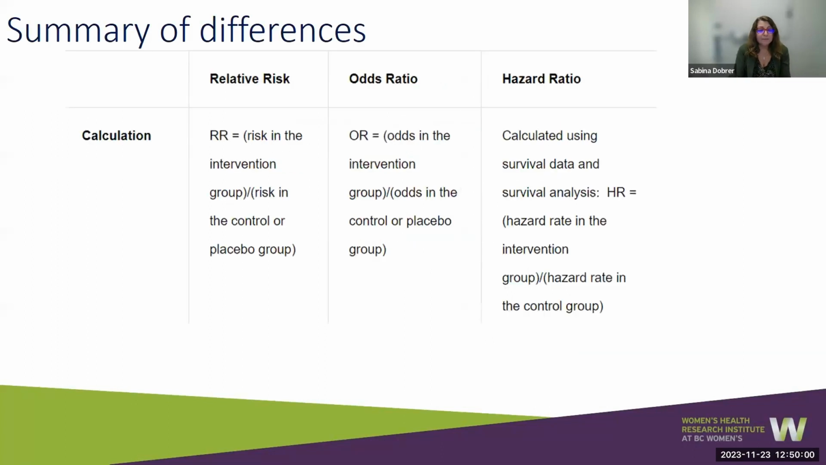So in the next slide, I give a summary of formulas, not necessarily formulas, but how you're going to calculate. Relative risk will be the risk in the intervention group divided by the risk in the control or placebo group. Odds ratio will also be odds in the intervention group divided by odds in the control or placebo group. And hazard ratio is calculated using survival data, when hazard ratio is the hazard rate in the intervention group divided by the hazard